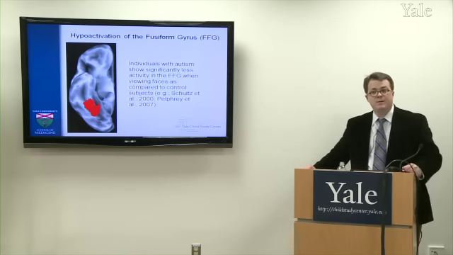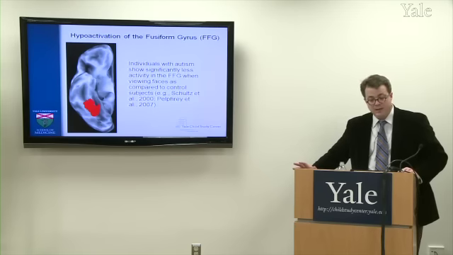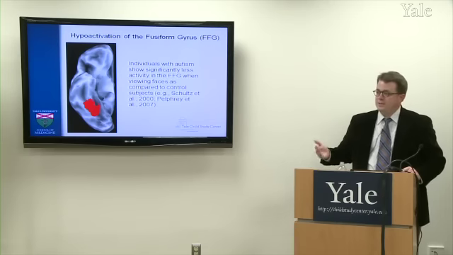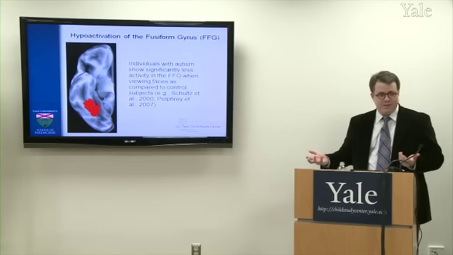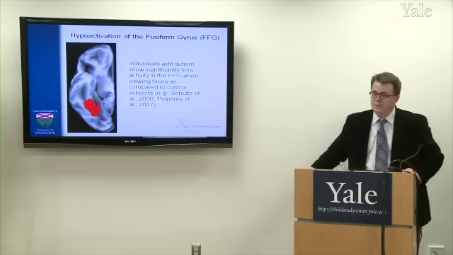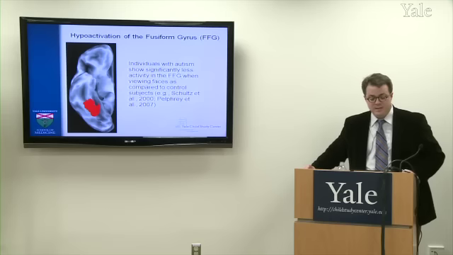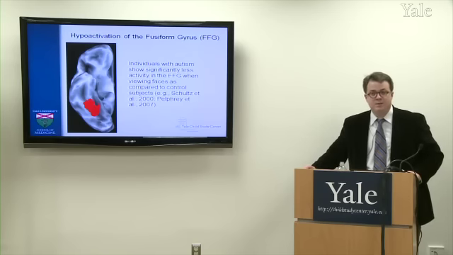of the fusiform gyrus, there's hypoactivation, and that was a well-replicated finding. But the suggestion was, given the findings of differences in eye movements that I've already shown you, well, is it the case that you're just scanning apples and oranges, in that the individuals with autism simply aren't looking at the eyes? So it isn't that their fusiform gyrus is disrupted, it's just that they don't look at the eyes and they don't develop expertise for faces. And so their fusiform never develops that specialization for faces, so if it's disrupted, it's disrupted because of that,